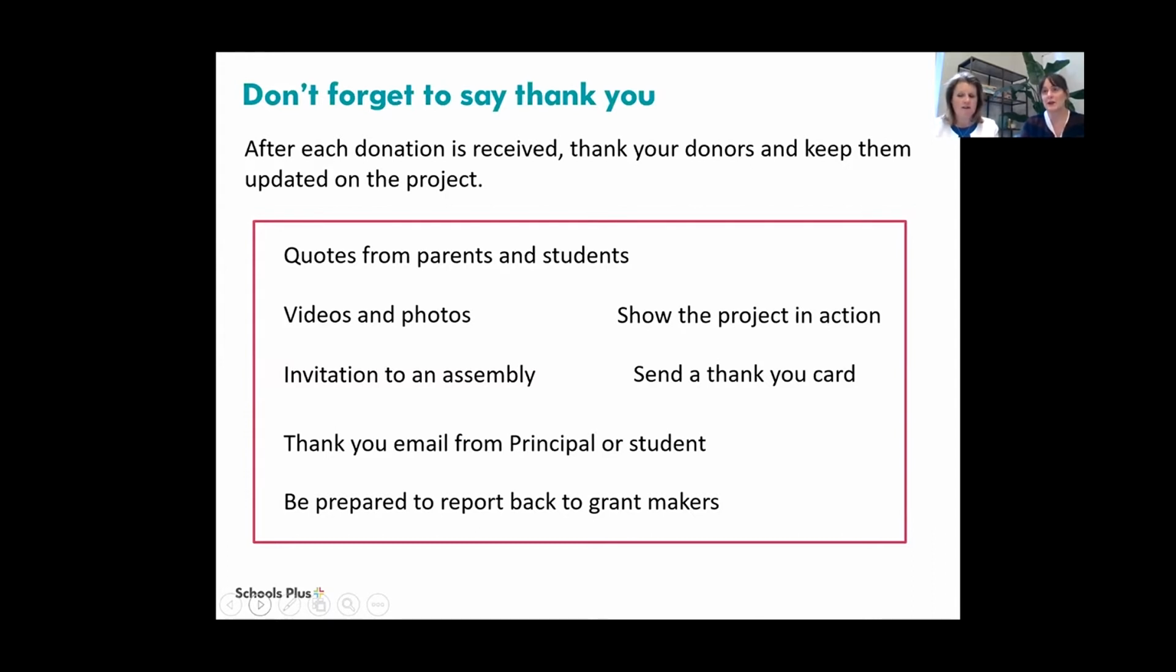So don't forget to say thank you. So hopefully you've secured some funding, and now it's time to say thank you, and just to keep them updated with the project and let them know where those funds have gone. So we've just listed a few examples here, and you might choose one or two, or you might just do